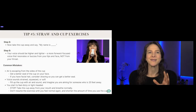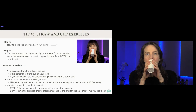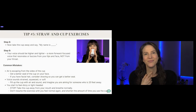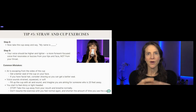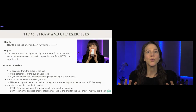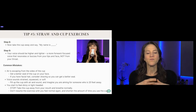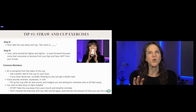If your voice sounds strained, squeezed, or soft, like this, happy birthday to you, you're probably squeezing here. So remember, airflow, airflow, airflow. Go back to the whoo. Say the word who and see if you can get more airflow through the cup. Remember that you want to feel air through the hole and your target is maybe 20 feet in front of